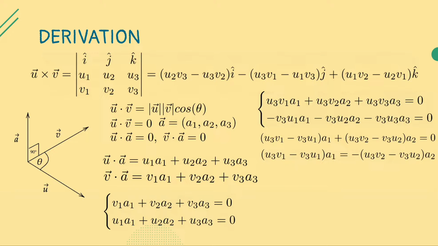From this point, what we'll want to do is subtract the u3v2 minus v3u2a2 over to the right-hand side. And we're going to observe this very carefully. Since we don't have another equation to compare it to, since, like I said, it's an equation in 3 variables with only 2 equations, we need to observe that the one and only solution to this equation at this point is going to be the place where